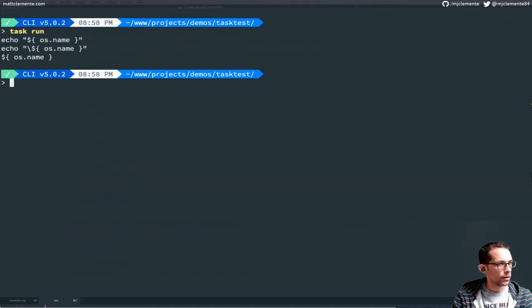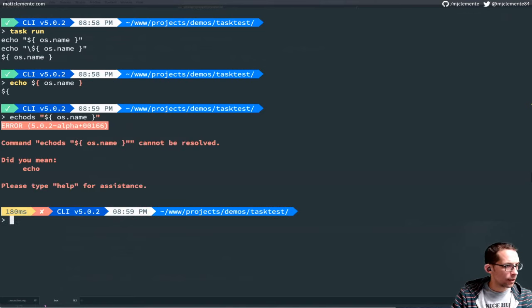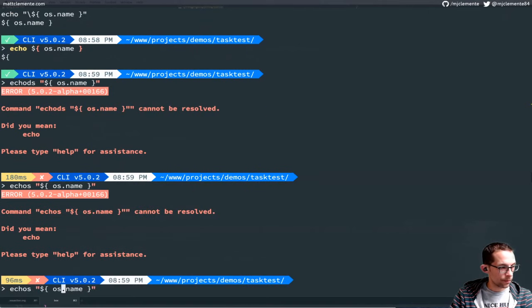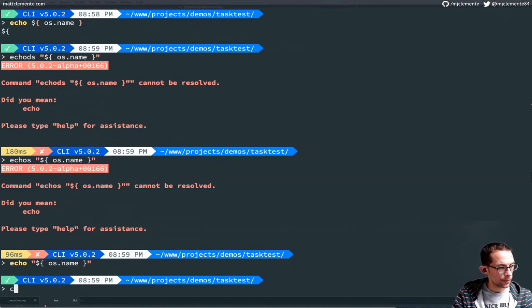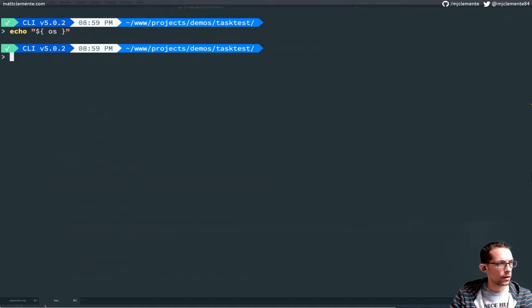What if I just run that here? Echo. Is that like a built-in CommandBox environment variable? Let's just see. Echo D. Wow. This is typo central. Huh. I don't know what